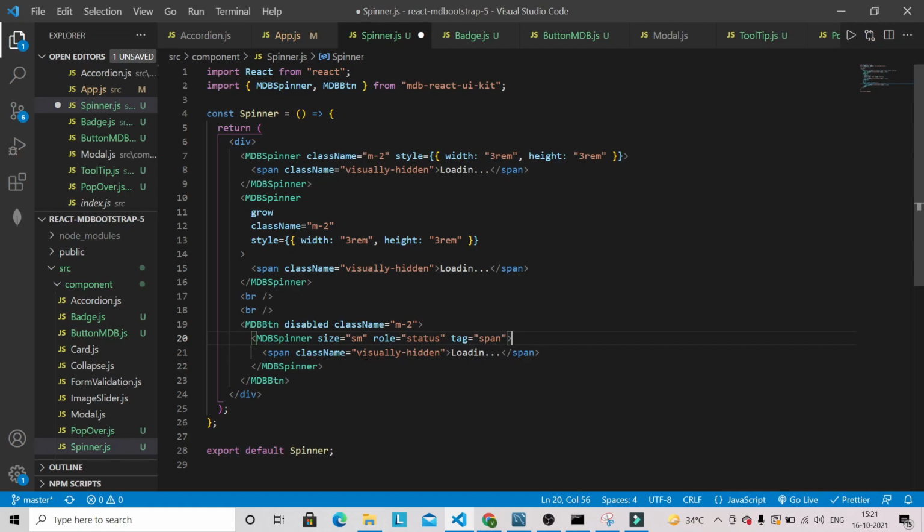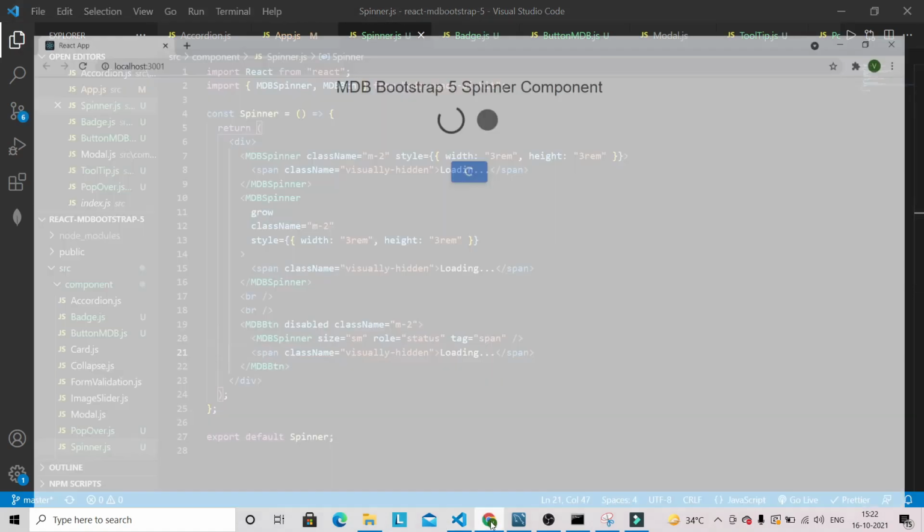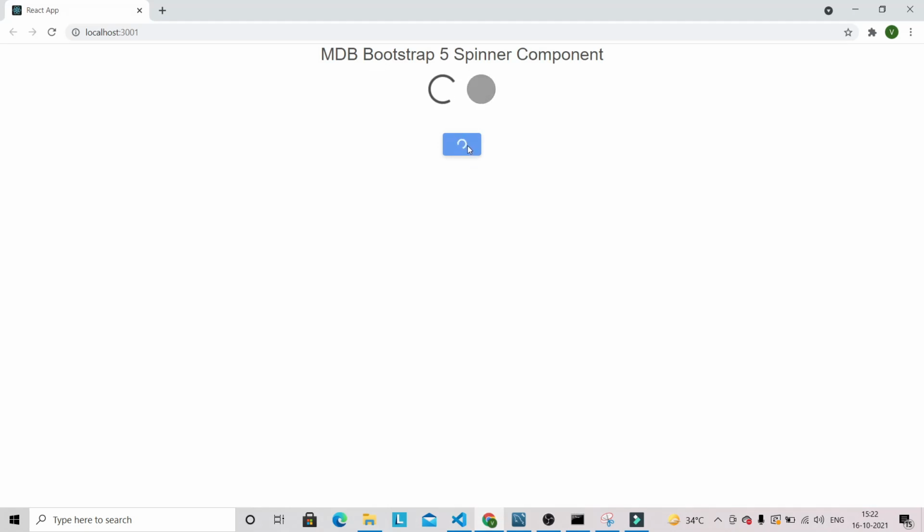This one will be self closing, so we have to remove this one. Okay, and let's go into the browser and see whether it's working or not. You can give your loading, and let's go into the browser. So you can see that we have got this spinner inside our button.